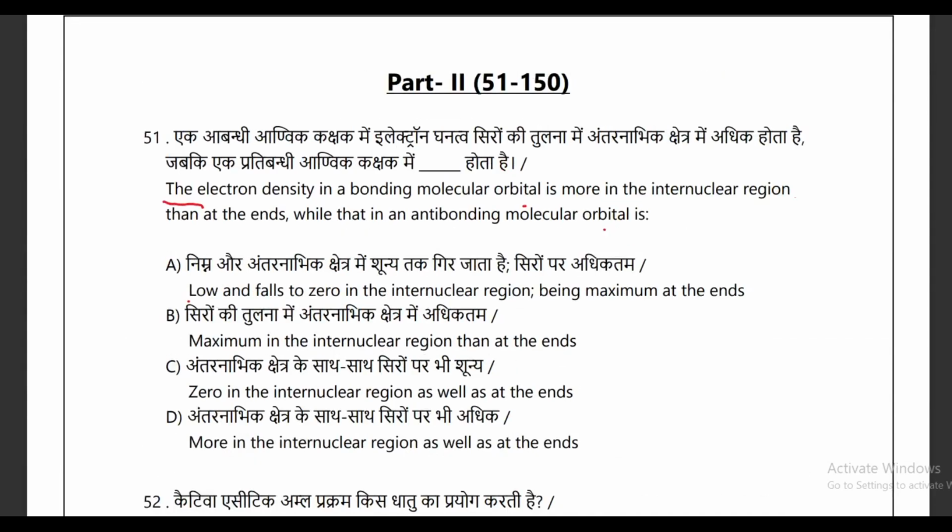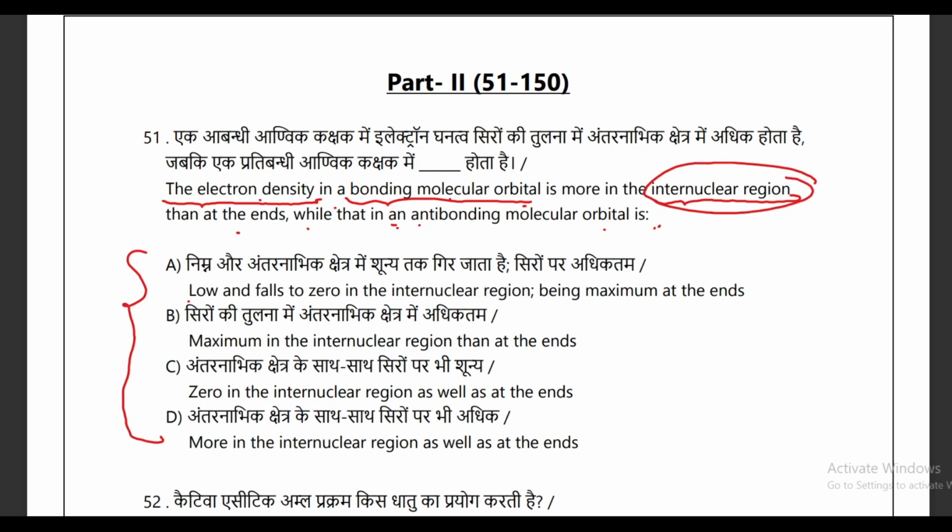So in the first question, they are asking the electron density in a bonding molecular orbital is more in the internuclear region than at the ends. Okay, so while in an anti-bonding molecular orbital. So there are four options. Okay, so we have to take one correct answer. So like we know that in a bonding molecular orbital, electron density is more in the internuclear region. So internuclear region is a space between two nuclei. Okay, so in that space, in a bonding molecular orbital, electron density is more, but at the ends, electron density